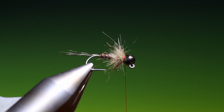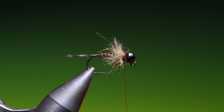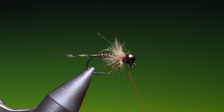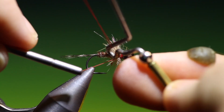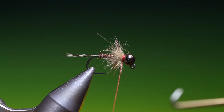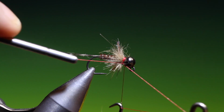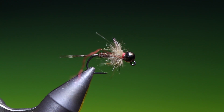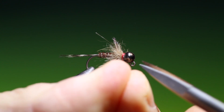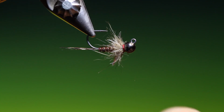I just want to make a red collar. Take our whip finisher. Put one in there. A little bit of wax. Put another one in. That broke for me, but that's the problem with this fine thread and beads. But it's okay, it's all secure. So now we turn our fly this way,